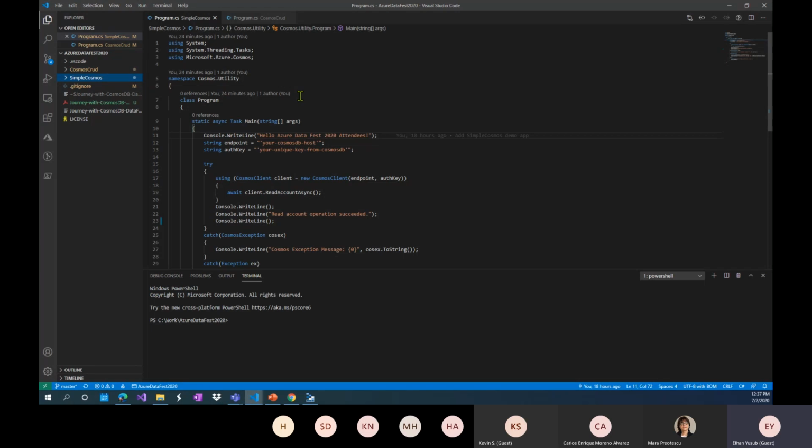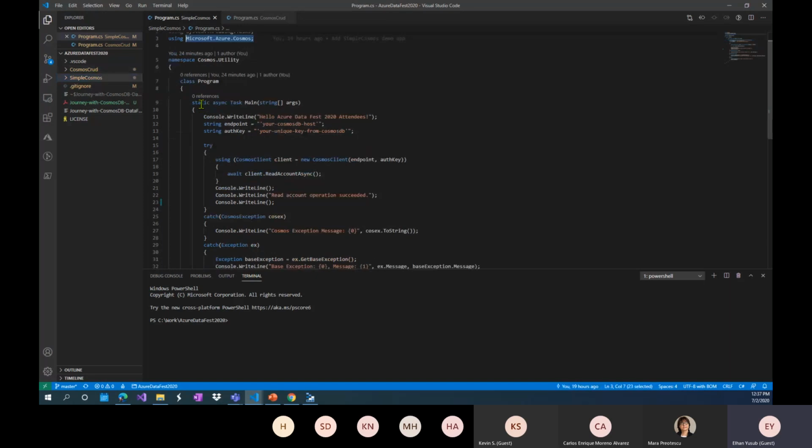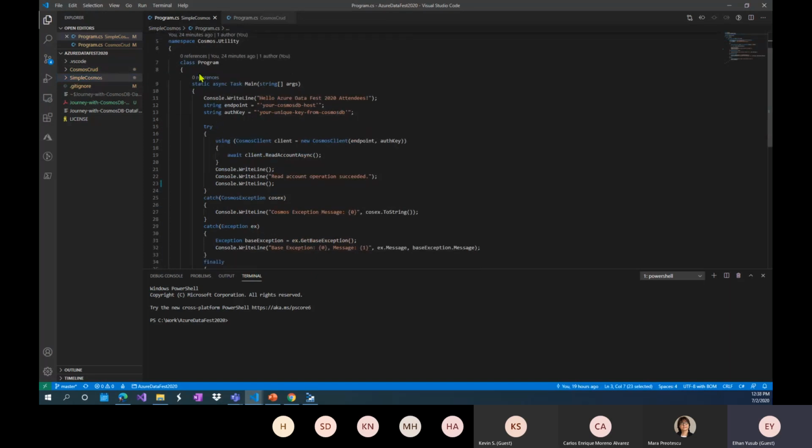And under the simple Cosmos, you would see that whenever we create one, I want to mention that we need to add the package for Azure Cosmos. That needs to be added, and plus we need to use asynchronous programming in order to access the database, so there is no blocking while accessing the information. So in this piece of code, what we see is basically we initialize our initial program,